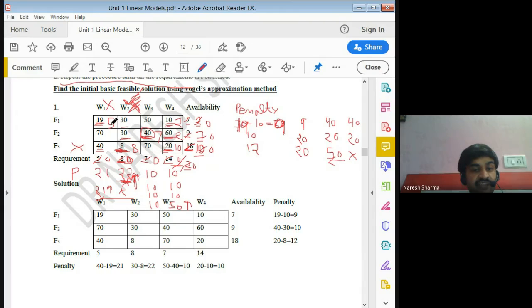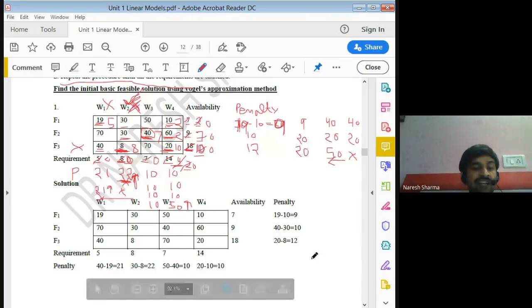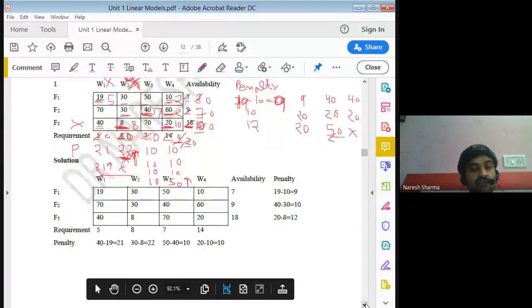So it is 5 here, 7 at the 1 4 location, 2 3 it is 7, 2 4 it is 2, 3 2 location it is 8, and 3 4 location it is 10. So you get your required allocation. You may count these: 1 2 3 4 5 6, that is 6. So as far as a basic solution, it must be a maximum of 6 because number of rows plus number of columns minus 1 is 6 in this example.